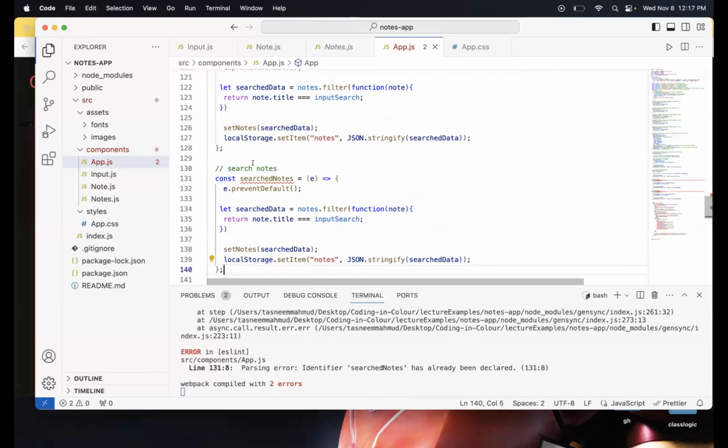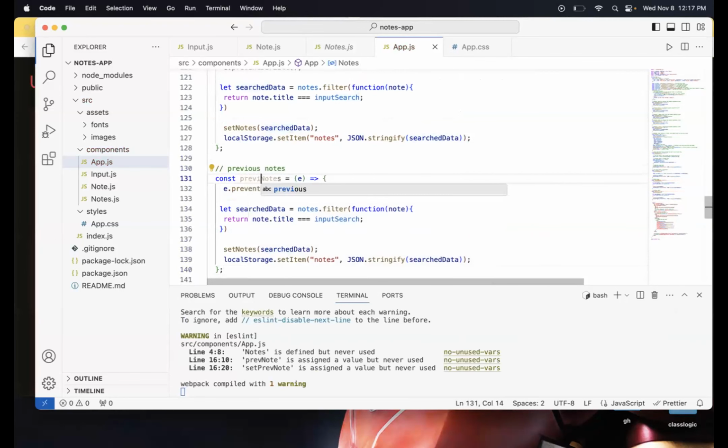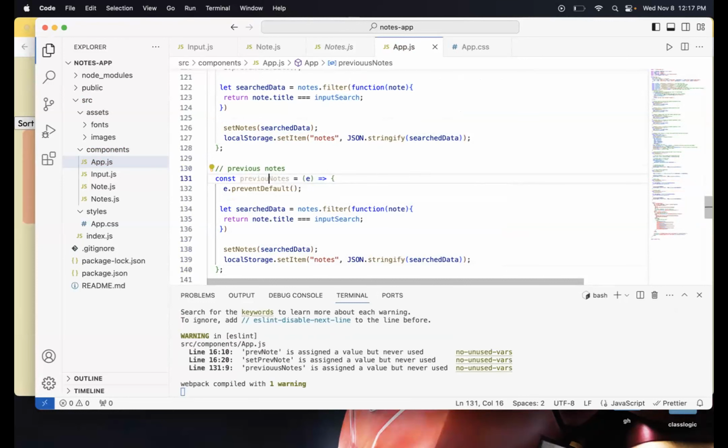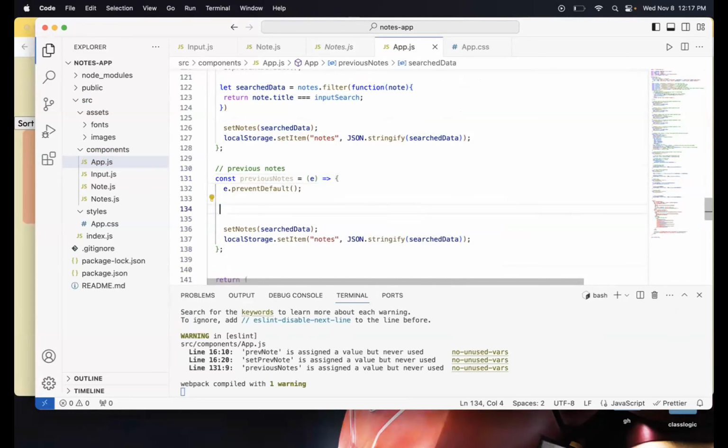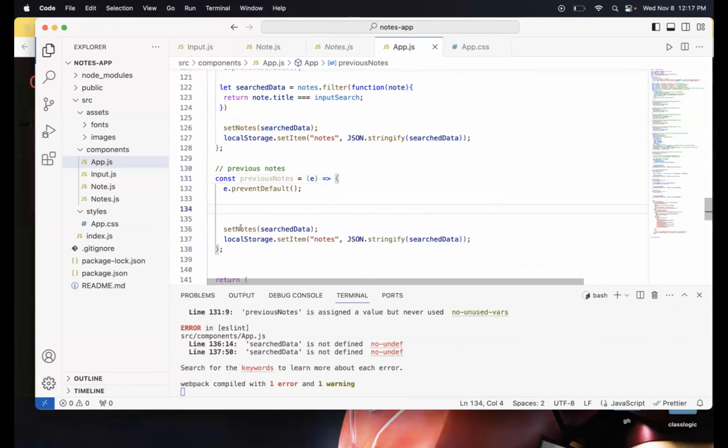I'm gonna take off this, change this to previous notes. Changing this to previous notes. And I need to get rid of this. I don't need this.